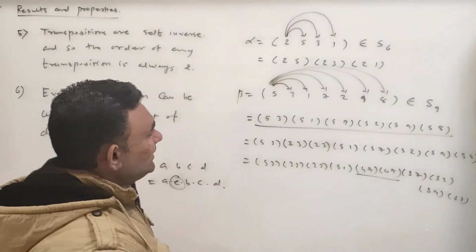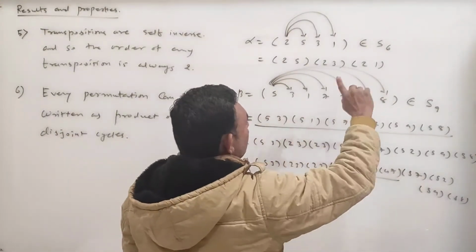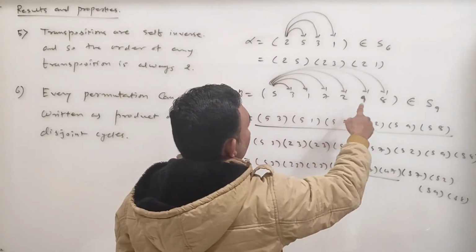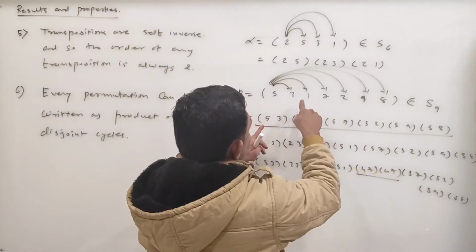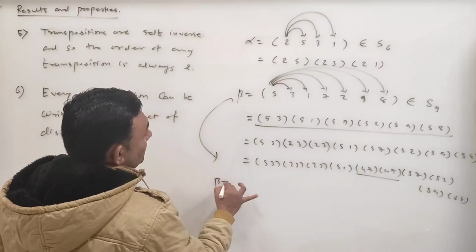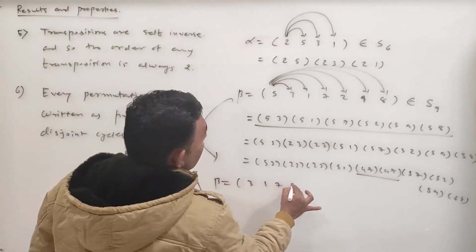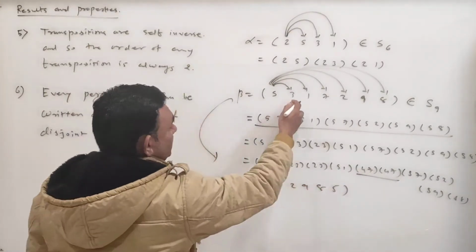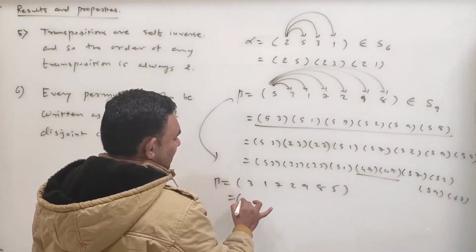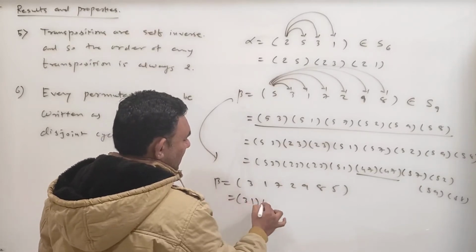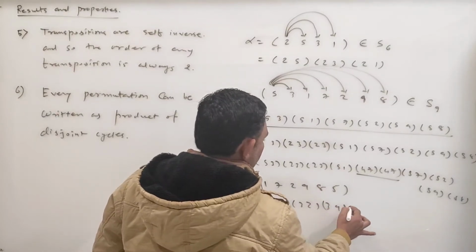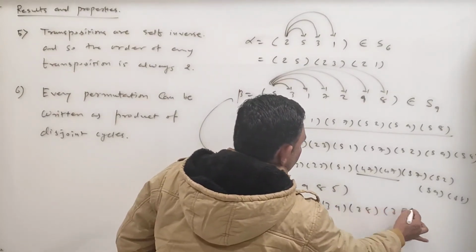और आप इसको ऐसे भी लिख सकते थे, ये जो है उसका ऑर्डर चेंज करो, ये 3 को पहले ले जाओ, 3 1 7 2 9 8 5, and then you prepare. See, you can do in this way also. What I want to mean, see, this beta is 3 1 7 2 9 8 5 also. ये 3 को मैंने शिफ्ट किया, and now you compute in this way, write beta in this way: (3 1)(3 7)(3 2)(3 9)(3 8) and (3 5).